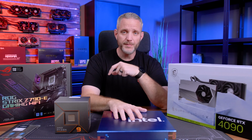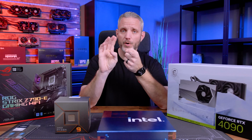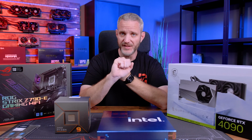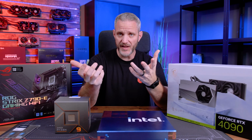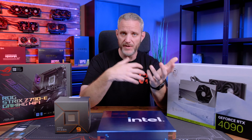Intel right now is compatible with both the DDR4 and DDR5. DDR4 is extremely cheap at the moment. DDR5 has come down in price quite a bit, but it's still a heck of a lot more expensive than DDR4. In most use cases, you're not gonna notice a difference of DDR4 versus DDR5 on a gaming rig or